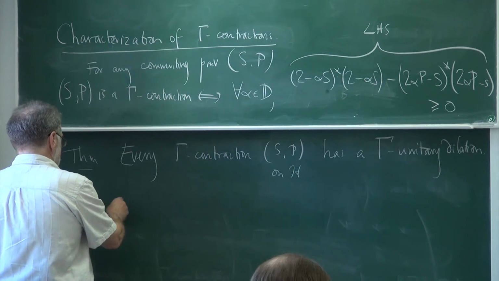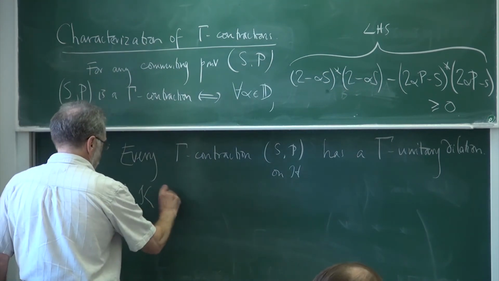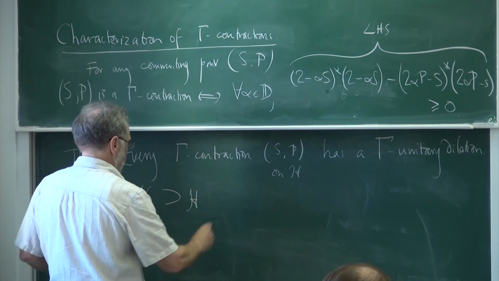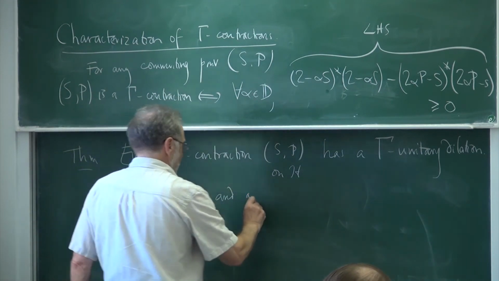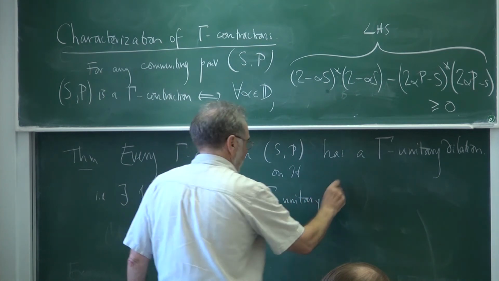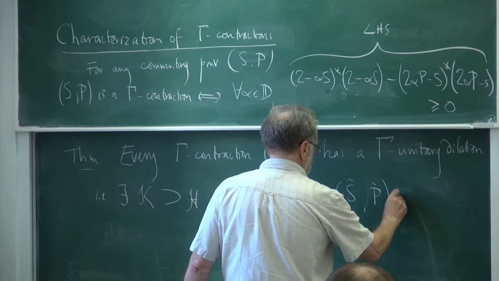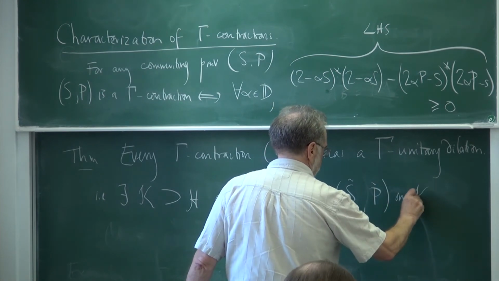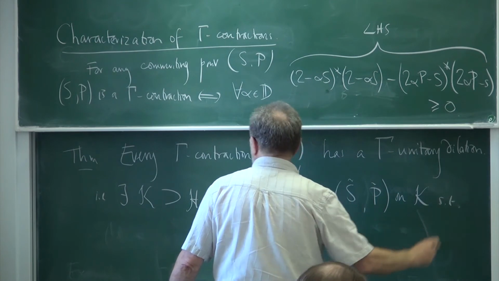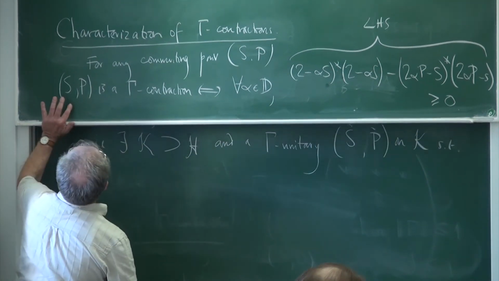Let me write it down. There exists a Hilbert space K containing H and a gamma unitary, let me call it (S tilde, P tilde), on K, such that